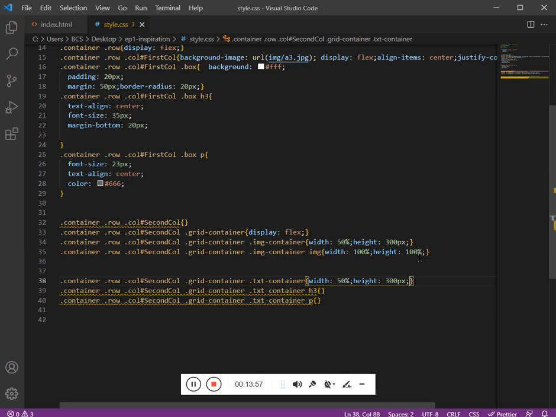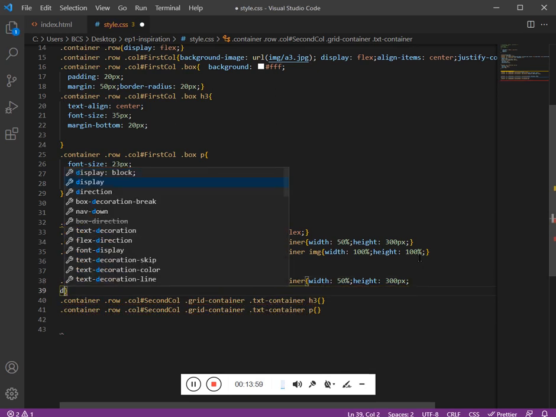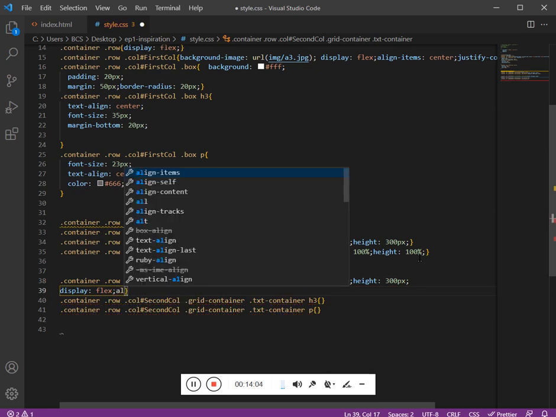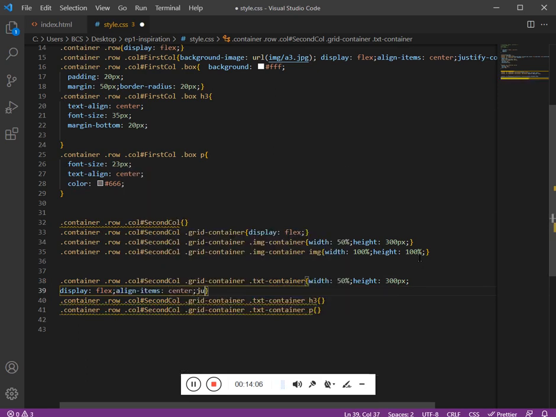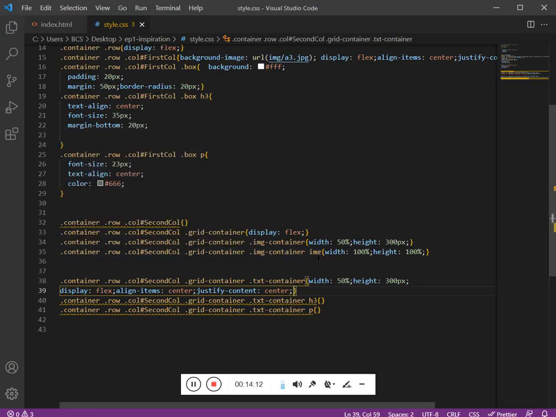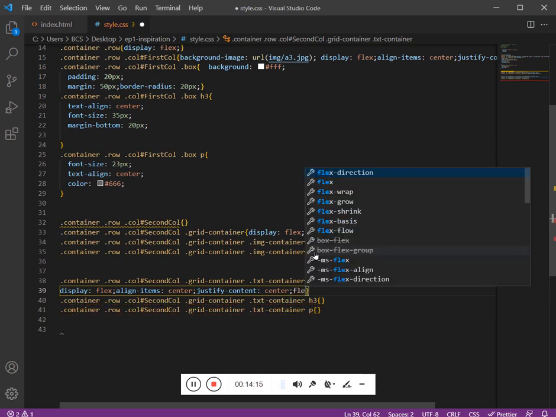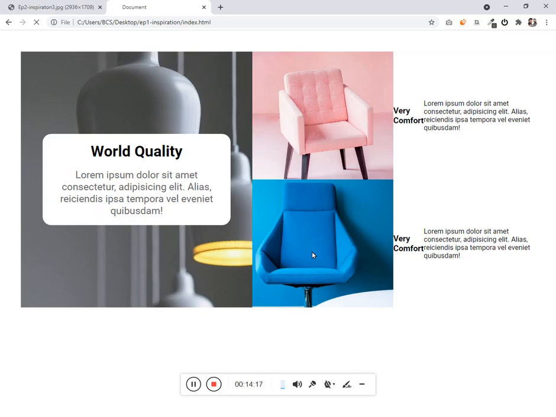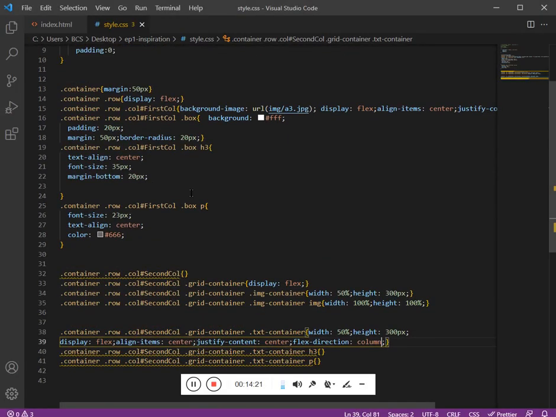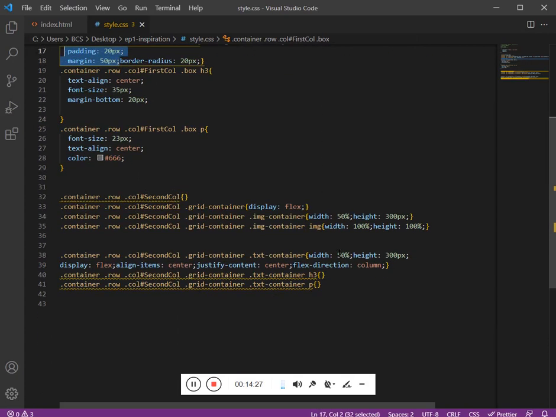We will use display flex, align item center, justify content center. If I refresh, and I need it to be one below the other, so flex direction column, and I need the padding which I have given here, the margin which I have given here, it should be the same margin and padding.